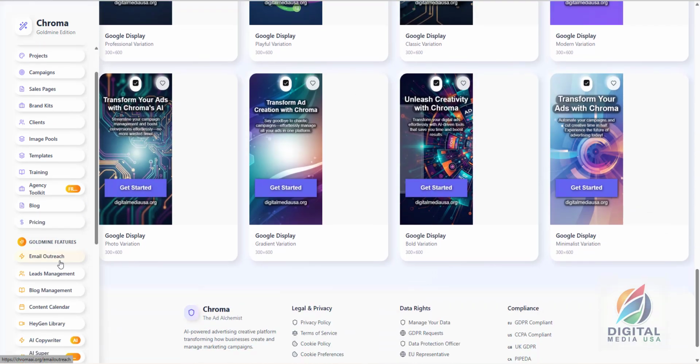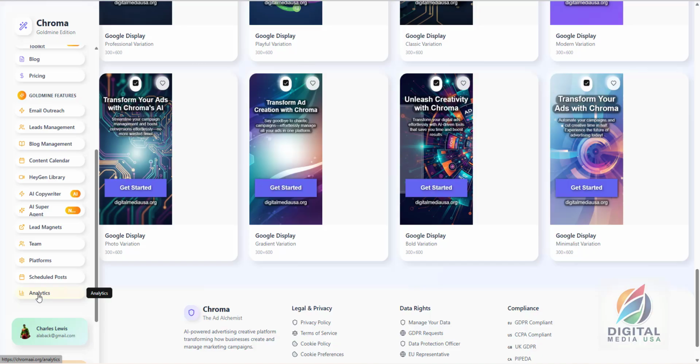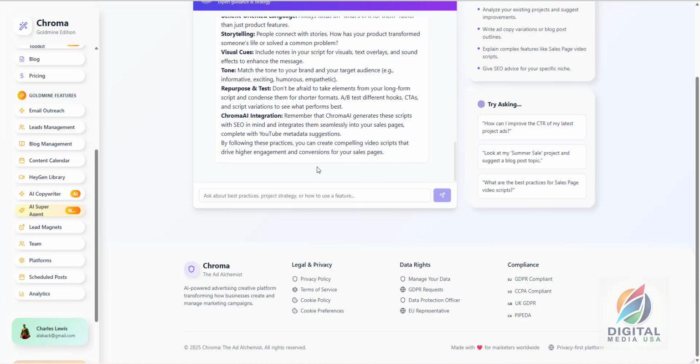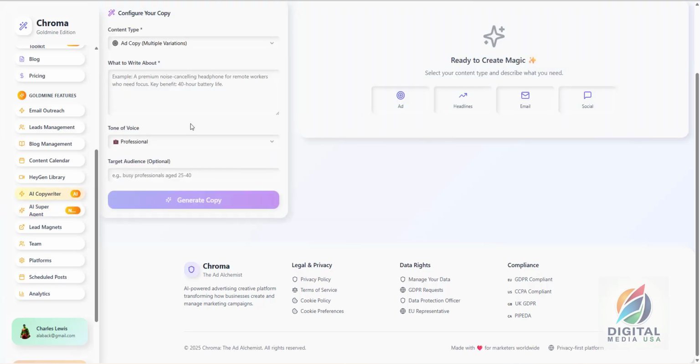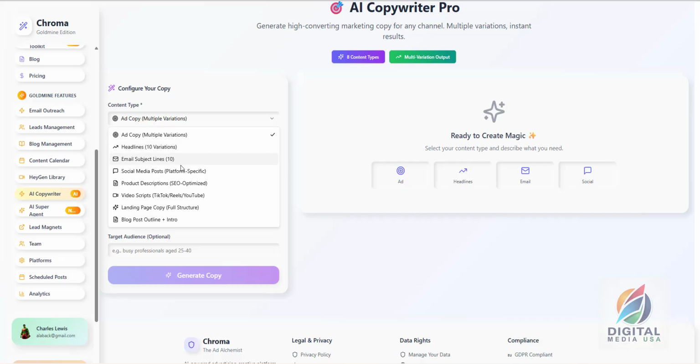I believe I've shown you pretty much everything in Chroma. You also have your analytics from your ads right here, your scheduled posts. You can schedule your posts, your ad platforms, your team integration, lead magnets, AI super agent. Basically, any help that you need, it's right here for you. AI copywriter, if you need any of this information, headlines, sublines, video script, TikTok Reels, YouTube, you have all that right here. Your HeyGen library is right here. Your content calendar, your blog management, your leads management, email outreach,